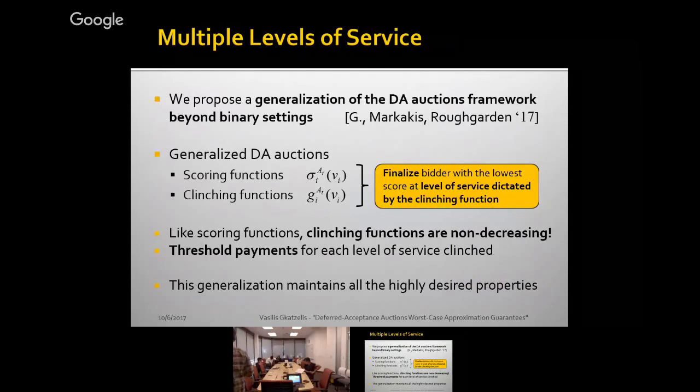From an algorithmic perspective, if you don't care about the incentives at all, what I found really exciting here is that designing this clinching function means you can promise things. So if someone's finalized, they cannot get more than the clinching function. They get whatever they clinched. So in order to get good approximations, think of clinching functions as promises. You try to promise people good levels of service early on, but at the same time, you better make sure this is feasible. You're running against a wall. If you promise too much, then you might hit a wall.